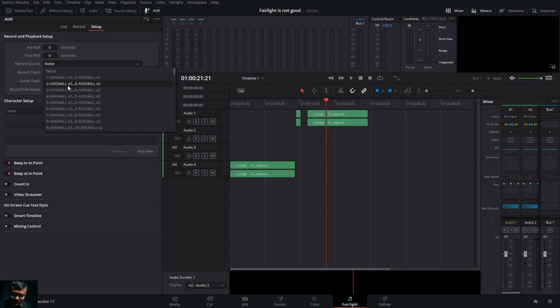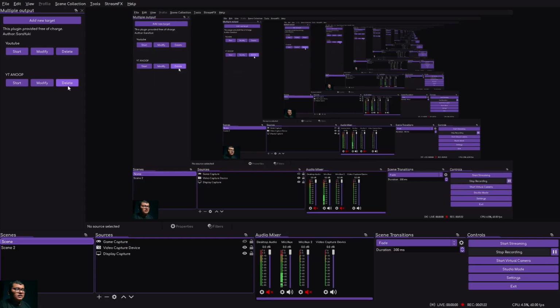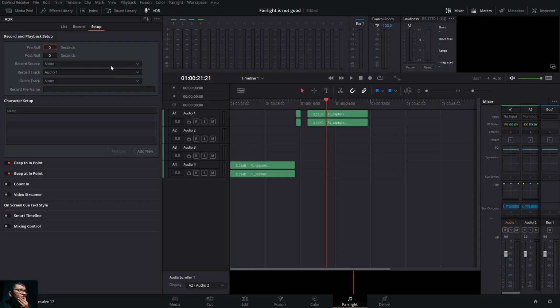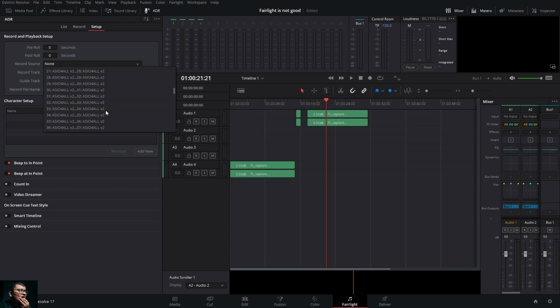I don't know how Resolve, Blackmagic Design will handle this, but I would suggest they at least give the name after the device. If you click on record source over here, there are n number of sources. You don't know what is input, what is output. Whereas FL Studio ASIO simple has only one input, one output. Only outputs, no inputs currently.